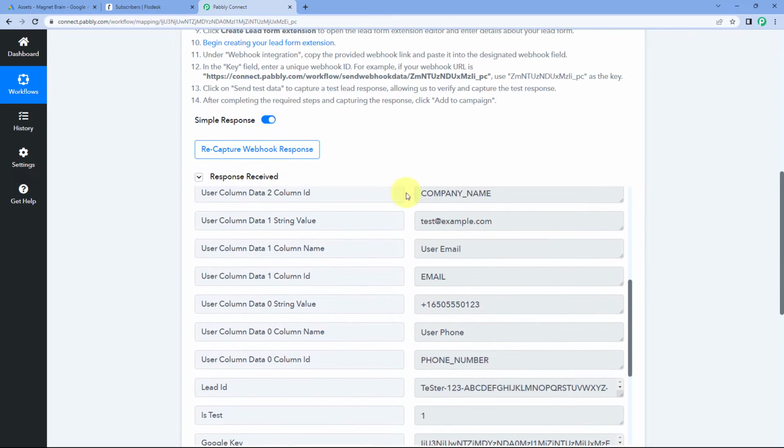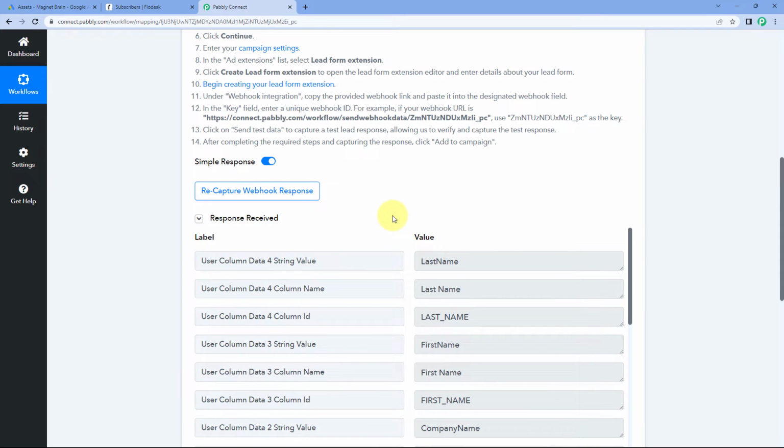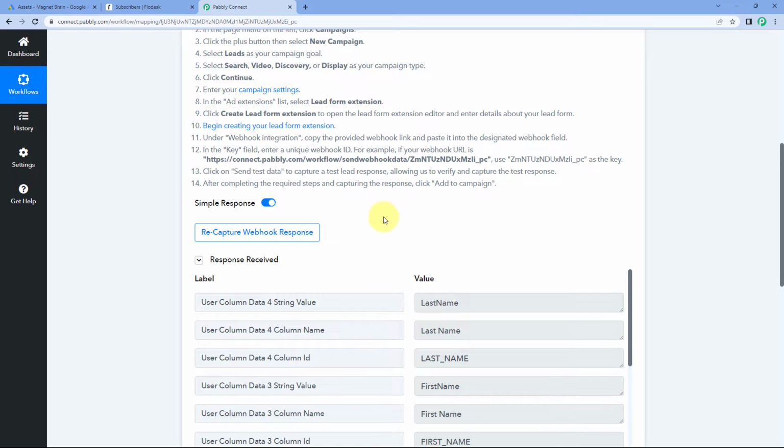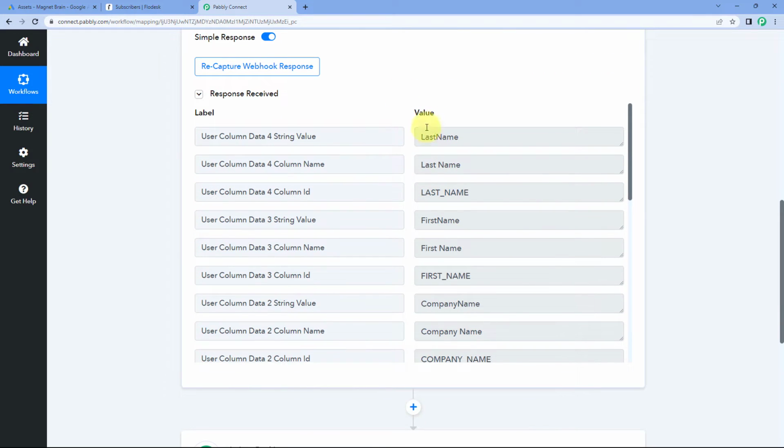Now every time a new lead will be created, a new lead entry will be received in that lead form, automatically the details of that new lead from Google Ads will be received inside Pabbly Connect and this automation workflow will trigger. So in this way, we will get the details of a new lead from Google Ads inside Pabbly Connect. Now after getting these details, in the next step, we want to send these details of a new lead to Flodesk so that we can add this user as a subscriber in our Flodesk